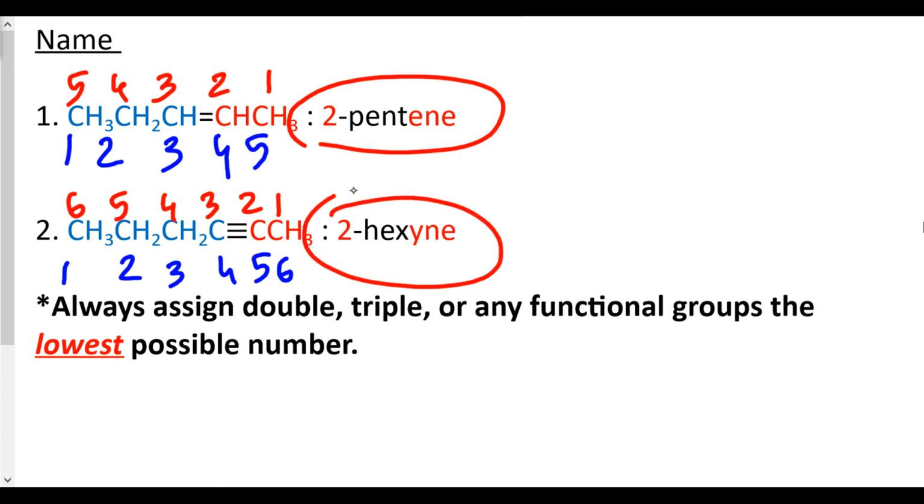So what is the rule? Always assign double, triple, or any functional groups the lowest possible number in that compound. So always pick the lowest possible